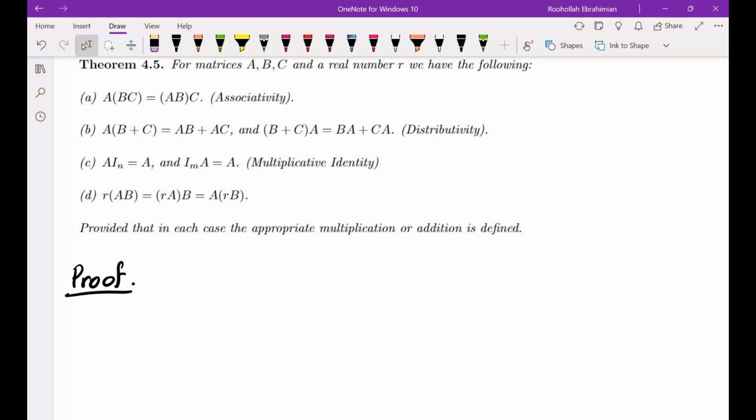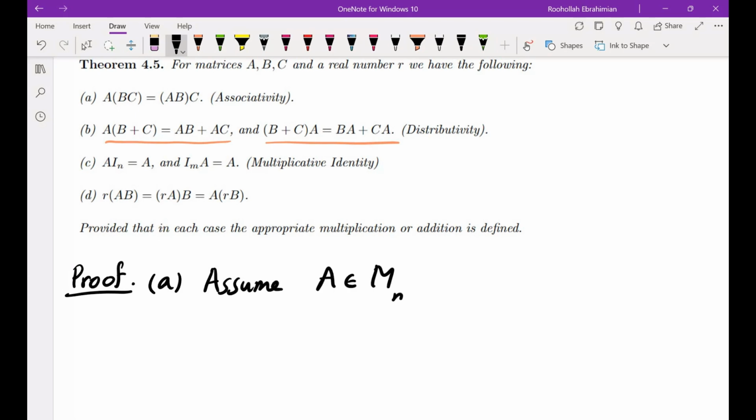Notice that multiplication of matrices is not commutative. In other words, AB and BA are different, which is why I had to do these separately. So those are not the exact same thing. One of them is multiplication from the right, the other one is multiplication from the left. Okay, so let's look at the first one. First of all, in order to be able to define these multiplications, I need the sizes to be of a certain form. So let's assume that A